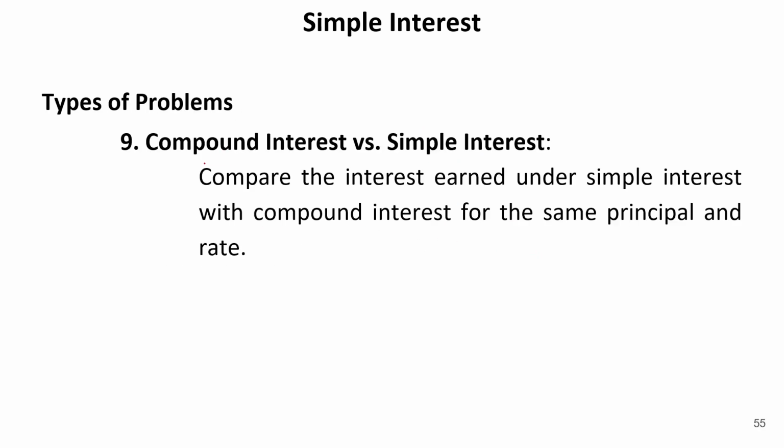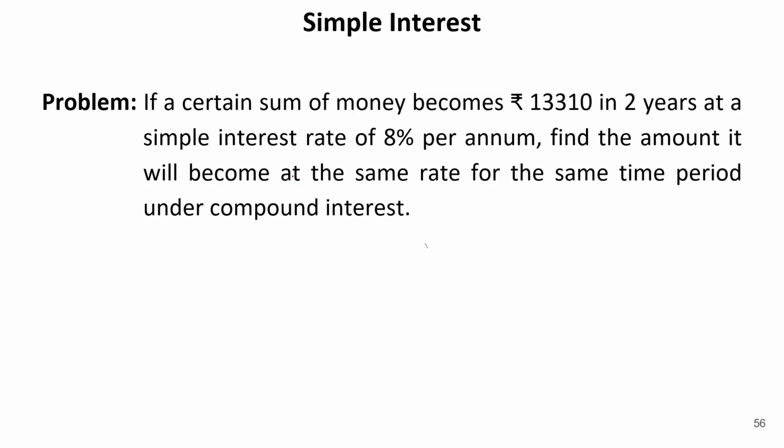So let's see the difference between compound interest and simple interest, how they are fundamentally different. Comparing interest earned under simple interest with compound interest for the same principal and rate. If a certain sum of money becomes 13,310 in 2 years at a simple rate of 8% per annum,